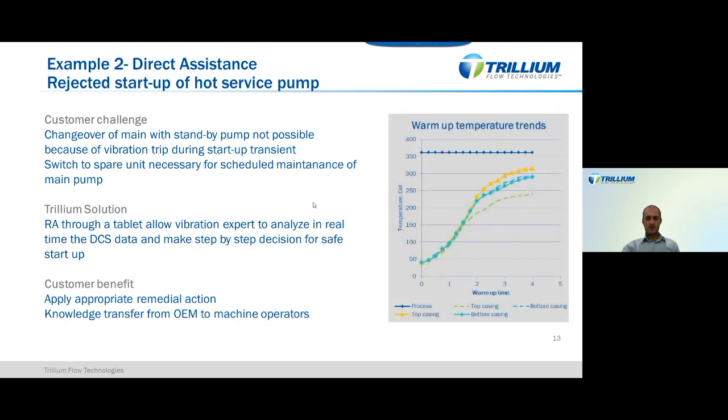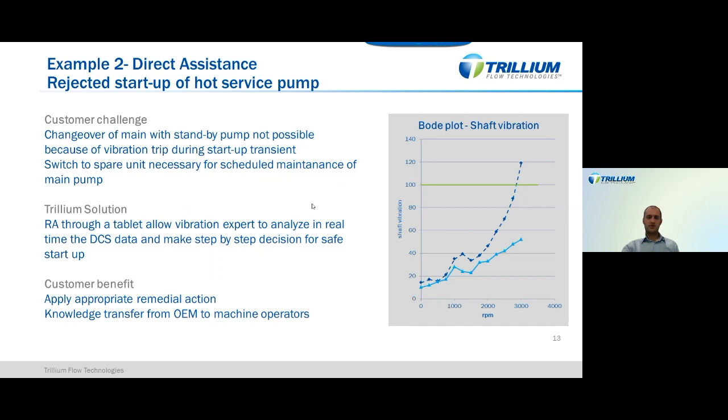The first analysis was again on the new warm-up trends after the modification to the warm-up line. What can be observed is that the temperature of the casing of the pump was now really closer to the process temperature, and the difference between the different parts of the casing was really decreased. The pump was then started again, and the vibrations were compliant with the levels acceptable for site operation, so the customer was able to conclude the changeover in a really short time and maintain his schedule